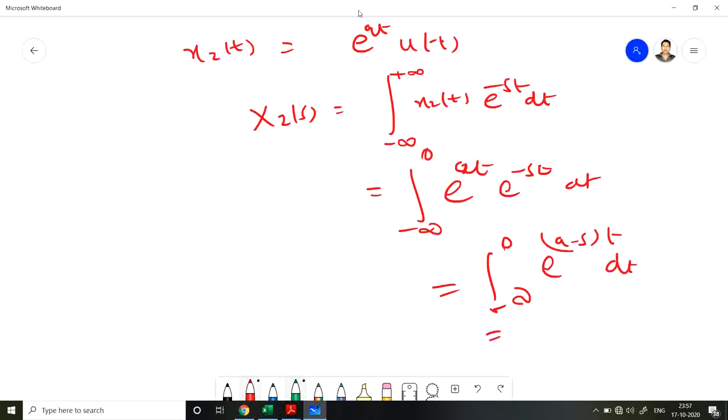So the solution is minus 1 divided by s minus a,